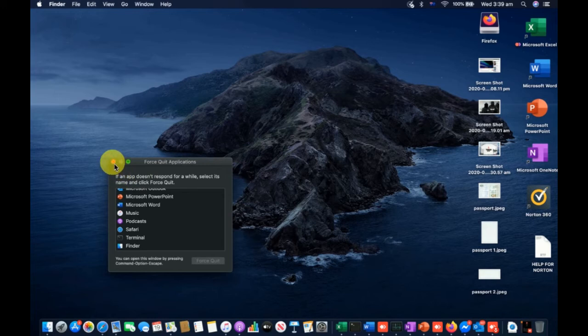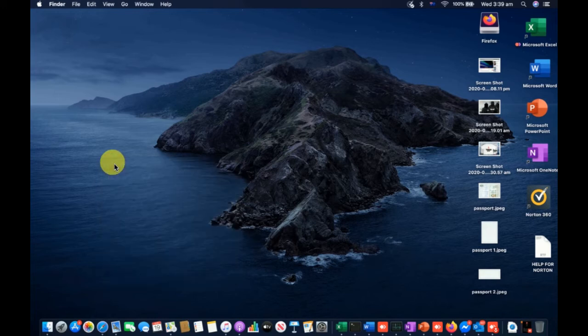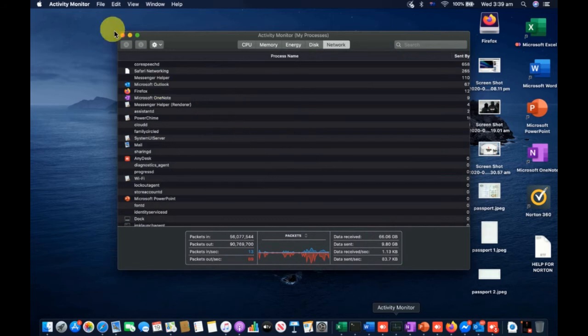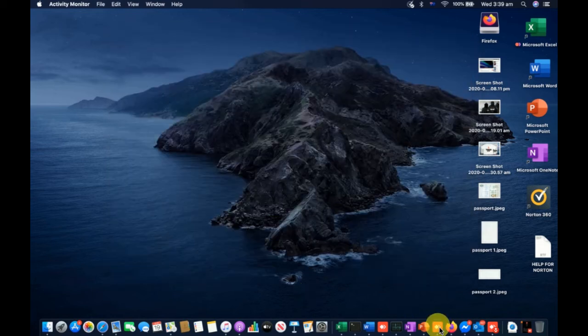Now see why force quit is required, why it's needed, because let me show you a practical example here. Let's suppose I have the activity monitor application running in my Apple computer, and if I close the application by clicking on this cross button from here, then it will still be running here, you can see.